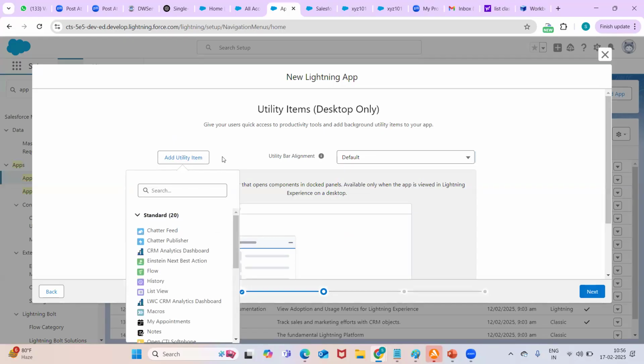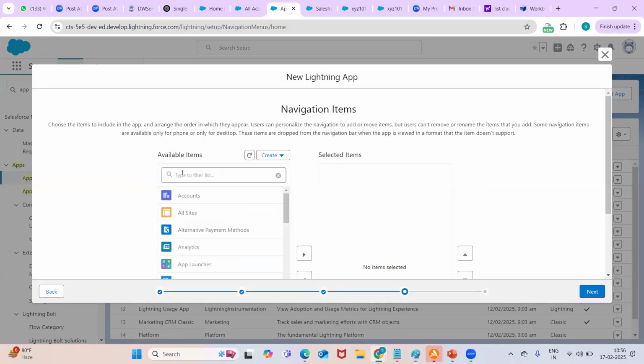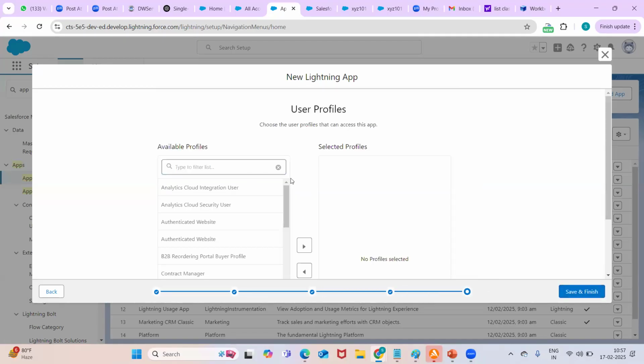Okay, utility items on desktop only. So click on next. Then what are the tabs we require? Okay, now I am adding only the home tab here. Now click on next. For which profile users can access